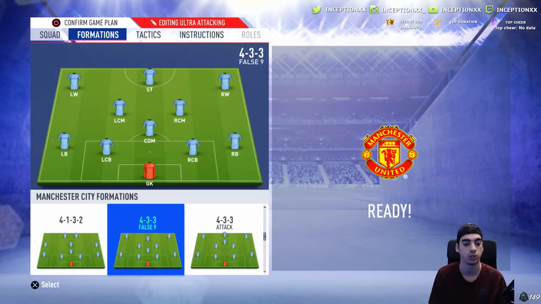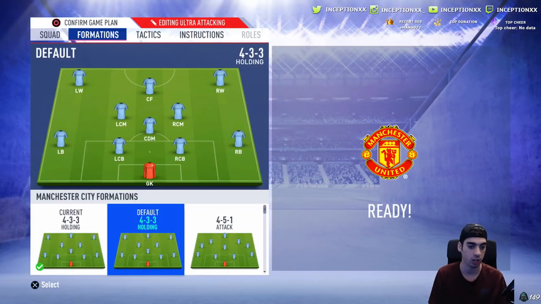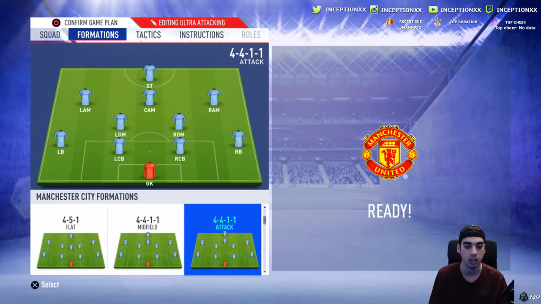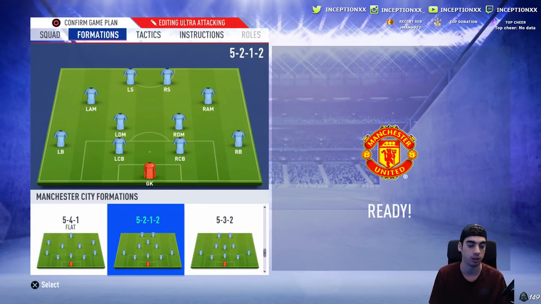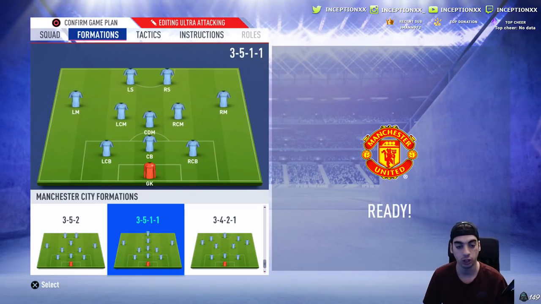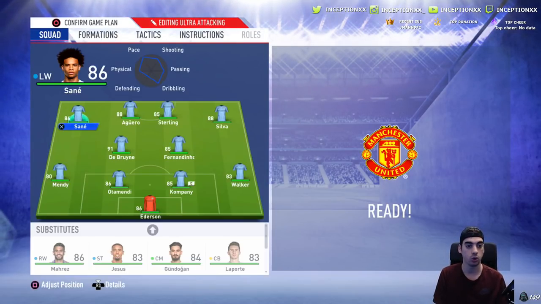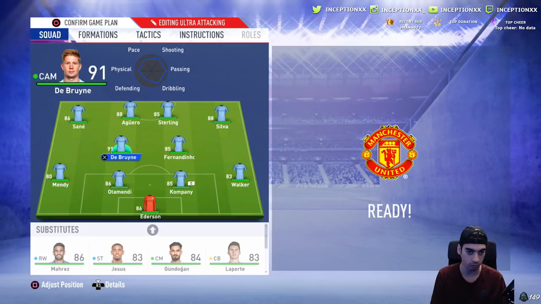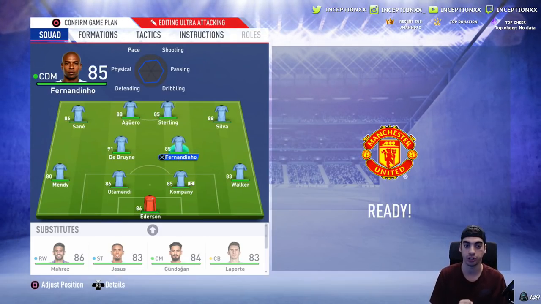So if you want to use a formation that will try to get the ball back as much as possible, there's the new formation, which is the 4-2-4, if I can find that. So that if someone's trying to waste time in their own box, your attackers will always be putting pressure. The cool thing about the 4-2-4 as well, if I can find it, which is this one, the cool thing about this formation as well is that if someone is putting a lot of pressure on your defense and you